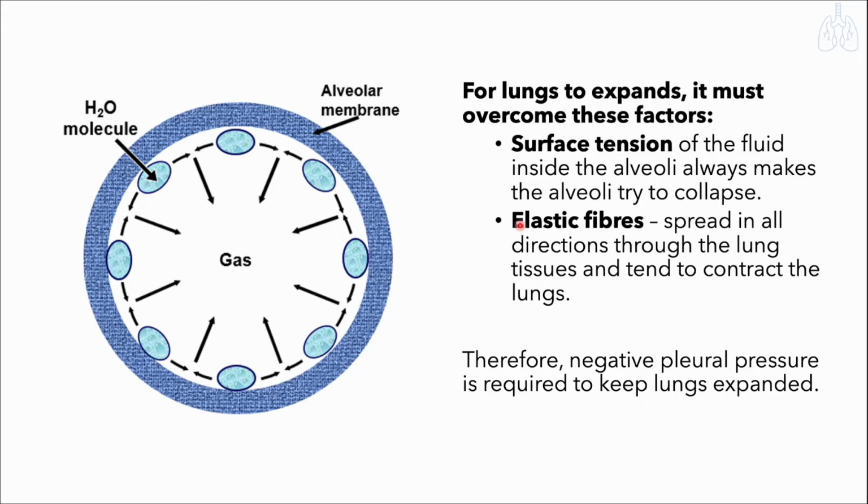Another factor, the first factor just now is because of the pressure. So when it is too high in pressure, it causes difficulty for the lung to expand. And the second one, why the intrapleural pressure must be negative, because of the characteristics of the alveoli itself. Right, so let's imagine the blue one is actually the alveoli. Okay, the alveoli sac. Inside of the alveoli, we know that there is air, there will be a